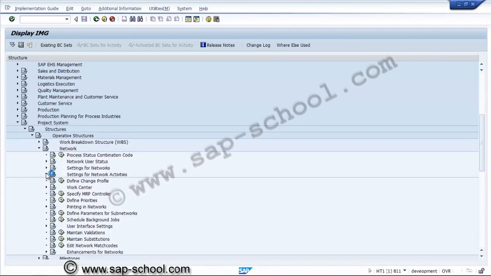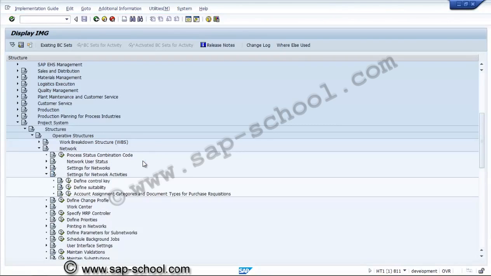Settings for network activities. In the control key, we need to check whether capacity requirements and scheduling has been selected for the control keys